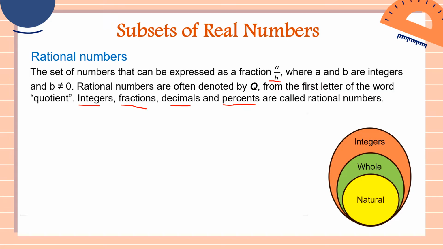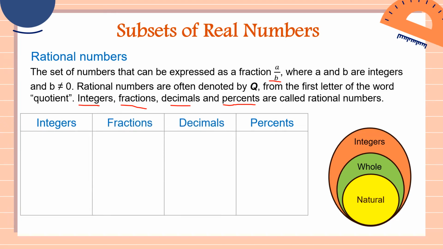Alright, so let's explain this one. So we have the integers, fractions, decimals, and percent. Now for the integers, class, example, positive 5. Now is positive 5 a rational number? Can we call positive 5 a rational number? Yup, we can call this integer 5 a rational number. Why is that, sir? Because this 5, class, you can express this one as a fraction of two integers. We can have 5 over 1. Understood that any whole number has a denominator of 1. If you have your numerator and your denominator, therefore we can call this one a rational number.